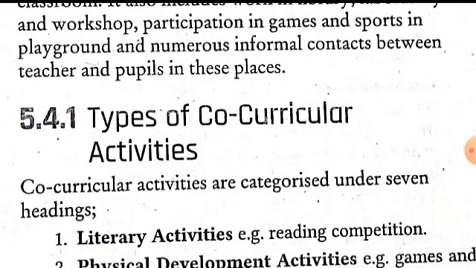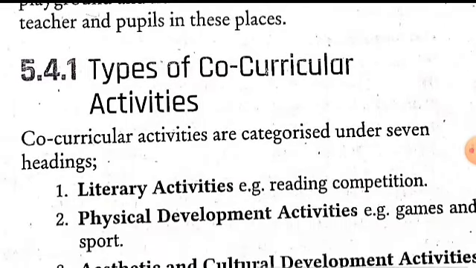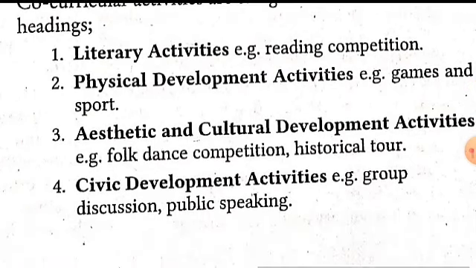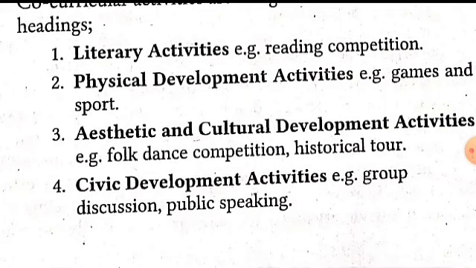Now we will discuss types of co-curricular activities. Co-curricular activities are categorized under 7 headings. First is literary activities. In literary activities comes reading competition. Second one is physical development activities, example games and sports. Third one is aesthetic and cultural development activities, example folk dance competition, historical tour. Fourth one is civic development activities,